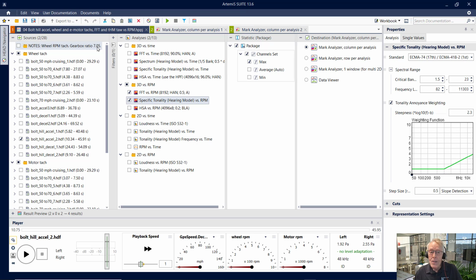This is not exactly the same as measuring the E-motor because that will show differences in the drivetrain between the motor itself and the road wheel. And those might be a factor. In this case, they weren't in particular, but we can always generate a tachometer by knowing the ratio in either direction. So at any rate, let me calculate these again, only for